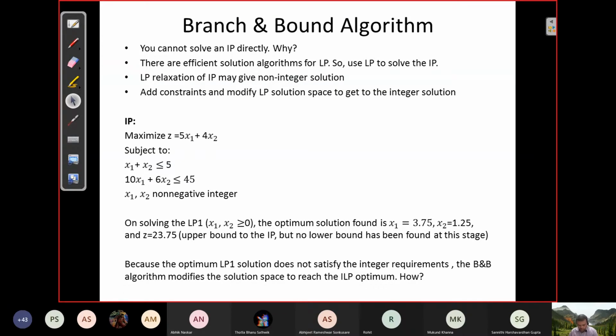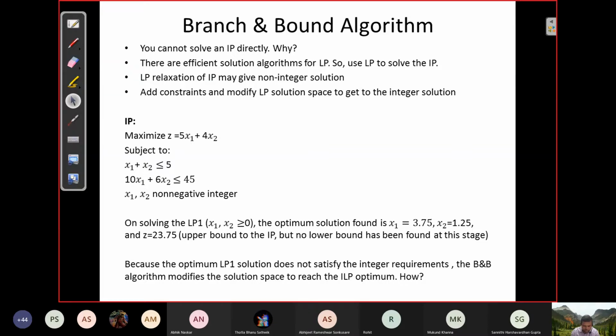So today we'll see in detail the branch and bound algorithm, which is the standard approach to solve an integer program. We have seen so far why the simplex method of LP doesn't work here, and what is needed in order to find the optimal integer solution. You have to have a mechanism to go inside the feasible region in order to search for an integer point, right?